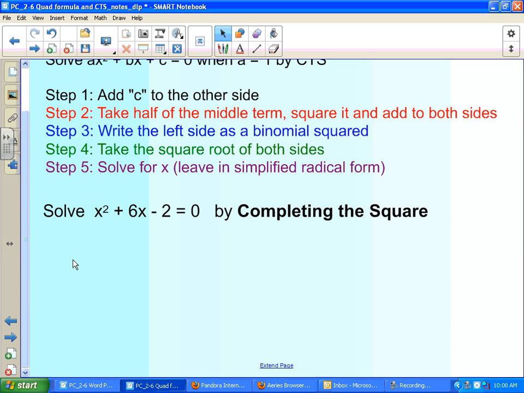We're going to only take the x's together. They're a family, and we're going to take the constants and put them on the other side. So, step 1, here we go. The x squared plus 6x is now equal